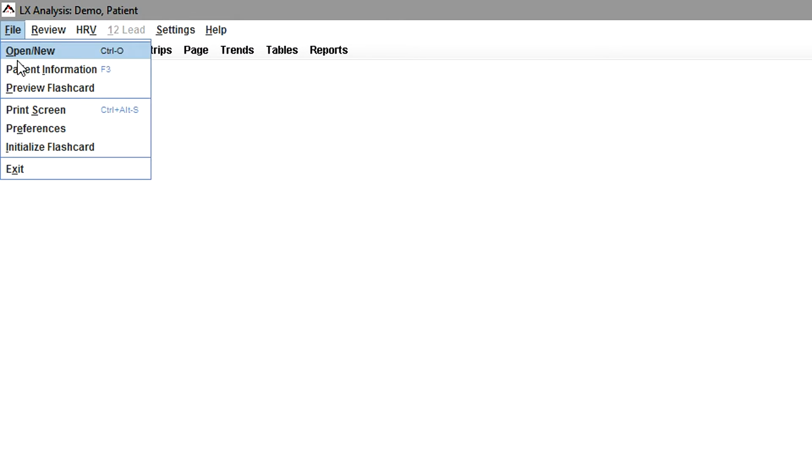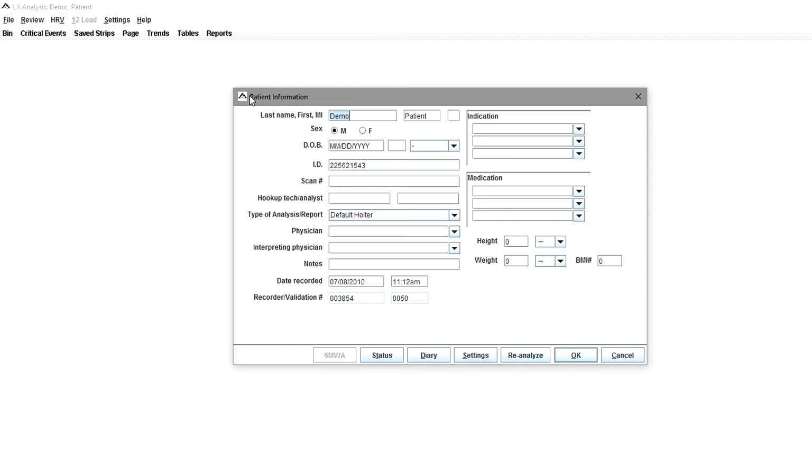Use File, Patient to review the patient information entered into that screen. You may edit or add more information to this patient at this time. Any changes made here will be stored in the patient database when you click OK or Reanalyze. To reanalyze the patient data and save any of the changes you've made to the patient information screen, click on